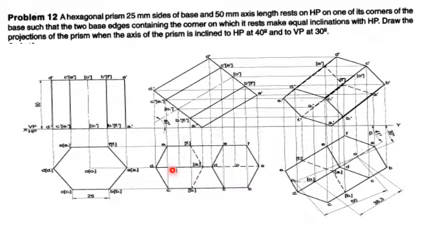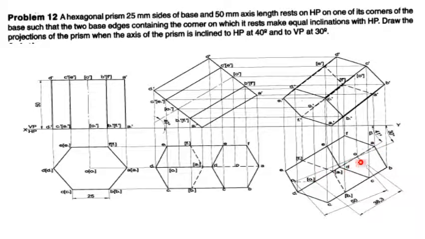Then measure O to O1. For this distance, take an arc in the compass from O to O1. For the radius, cut the arc on the locus. So this is the position of O1, and join with the center line type. Then all the corners or all the points you measure from O and O1. For example, A, O, D, A1, O1, D1, all are in the same straight line.